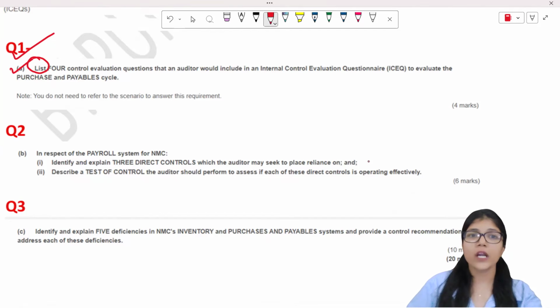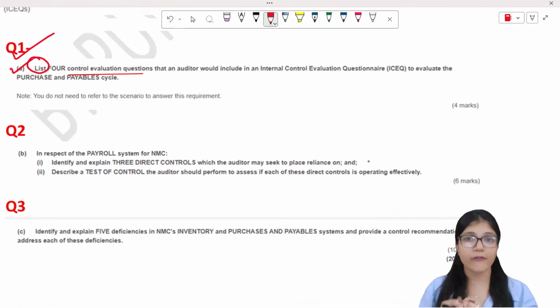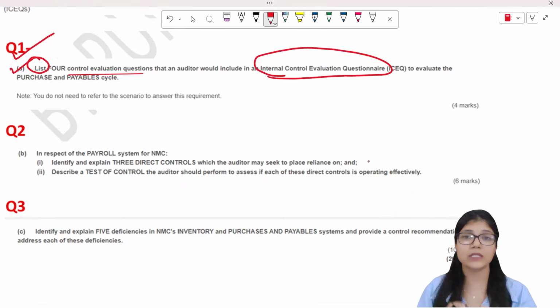All right. 4, control evaluation questionnaire. Now this is a slightly different question. Usually you do get questions on the different types of evidences that you can obtain. So you write narrative notes, flow charts, ICQ, ICEQ, right? You know the meaning of ICEQ, which is internal control evaluation questionnaires. These are basically detailed questionnaires regarding how the process of the organization is working, right? You ask detailed questions, how many people were there, on what basis are you reviewing the same, etc. So these are the particular questions that you ask.